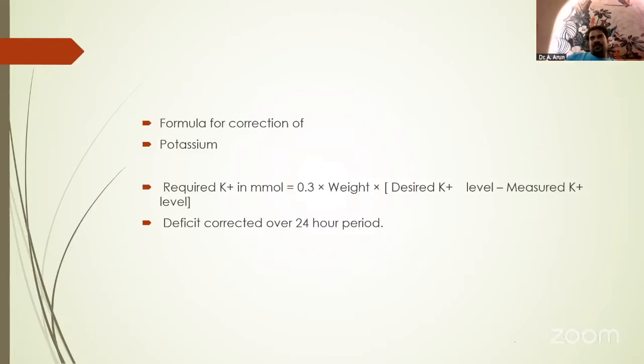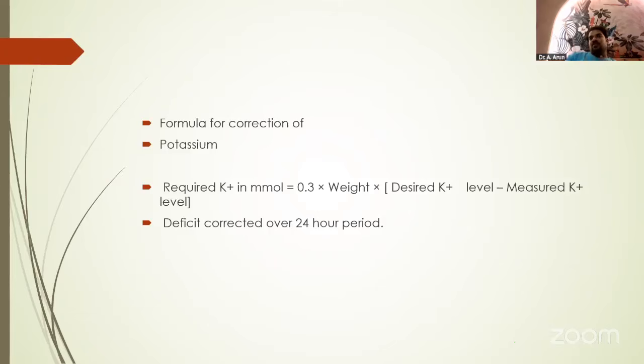So when we correct potassium, like I said, first of all, we have to make sure that what is their renal cardiac status, what is their drug history, what is their diet. Once all these things are factored in, the potassium correction that can be executed for a person over a day, the rule that we follow is we have to give at least 100 milliequivalents of potassium over a 24-hour period. This is if the person is an average 60 kilogram person, along with passing normal amounts of urine and stool, and having normal diet and appetite.